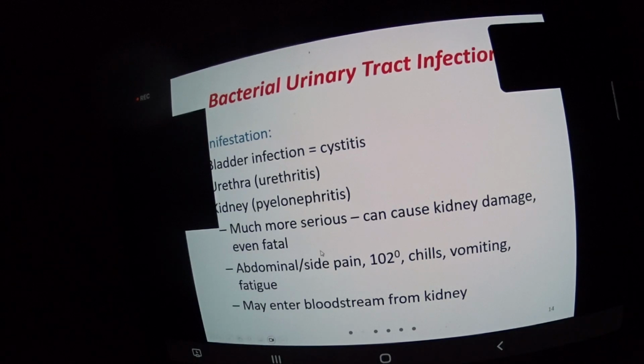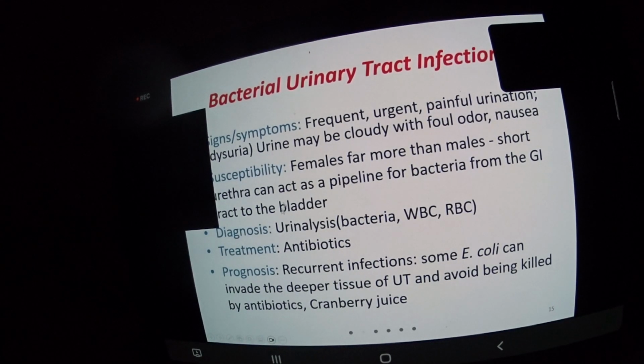Also, one interesting fact, sometimes people think they have a bladder infection or UTI, and then they are told, no, you're okay. Some of the neurons in the area, especially with hemorrhoids and all of that, can actually stimulate the neurons that are near the urethra. So you don't have the burning or anything, but you have that sensation of wanting to relieve yourself and urinate. And people always think, oh, that's a UTI, but it's not always. So signs and symptoms, we talked about it.